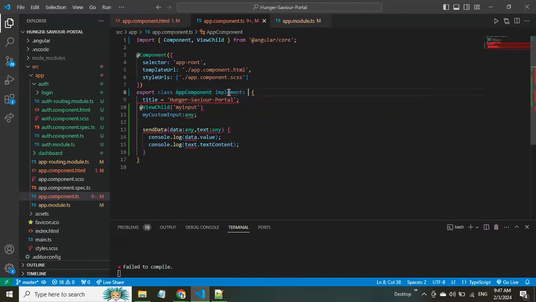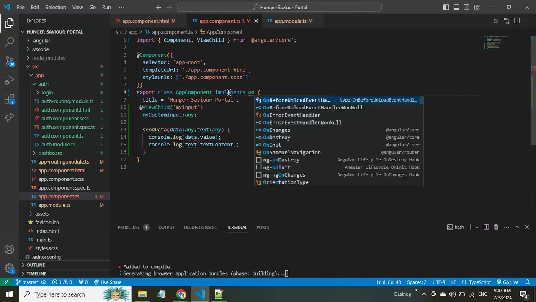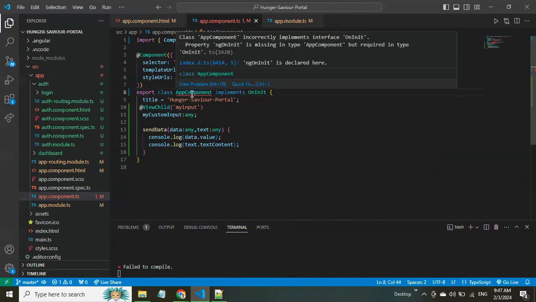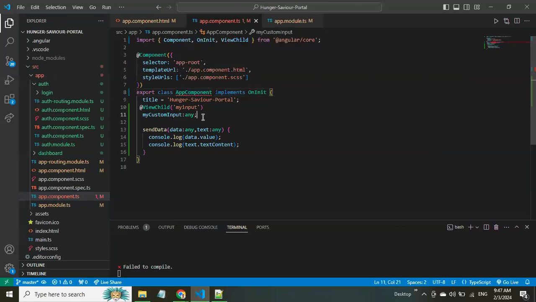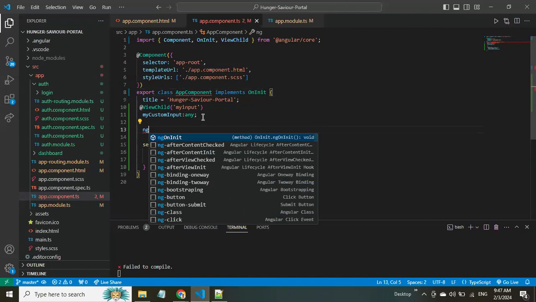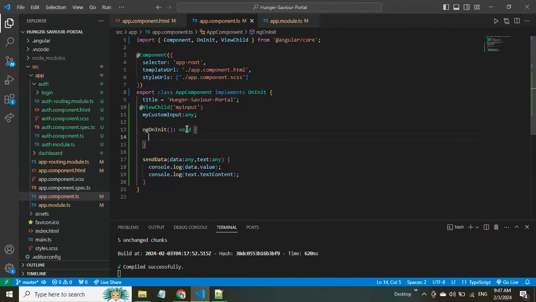This is one of the lifecycle hooks. Press enter, go inside the component and override that. Just type ngOnInit and override that. And here, since you have access to myCustomInput, this.myCustomInput